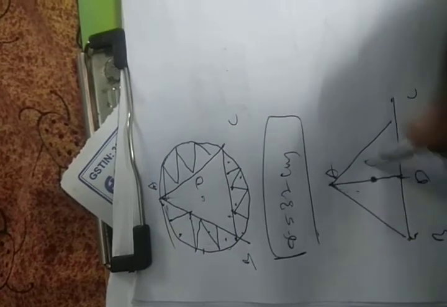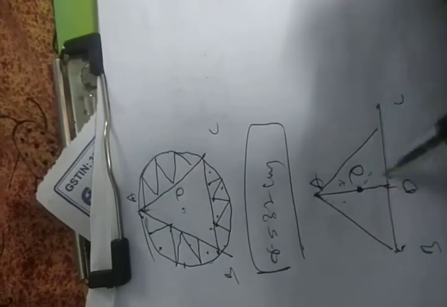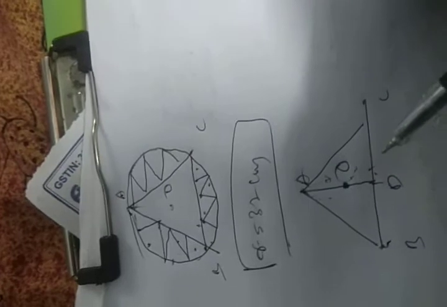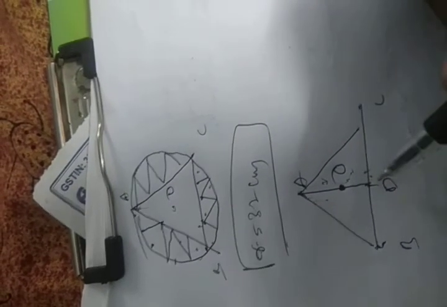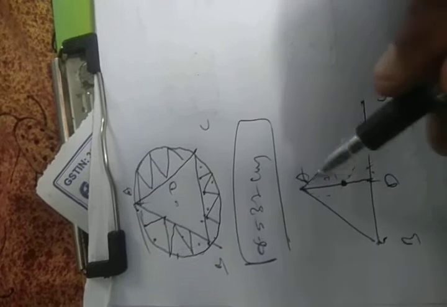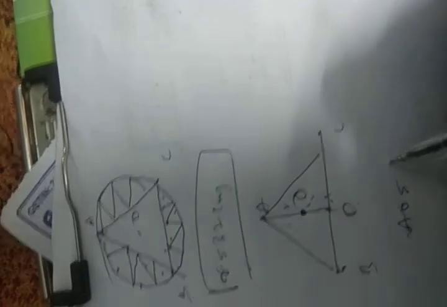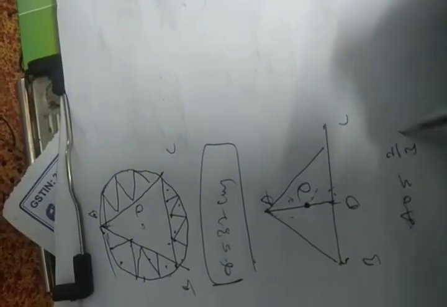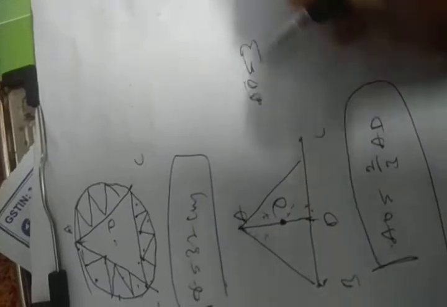So here O is the center of the circle. What is the principle? Centroid divides the median in the ratio of 2:1. If you want to write the relation of the AD, that means median, in terms of the AO, AO I can write it as 2/3 of total AD. This is 2:1 ratio. That means if AD is 3 parts, then AO is 2 parts.